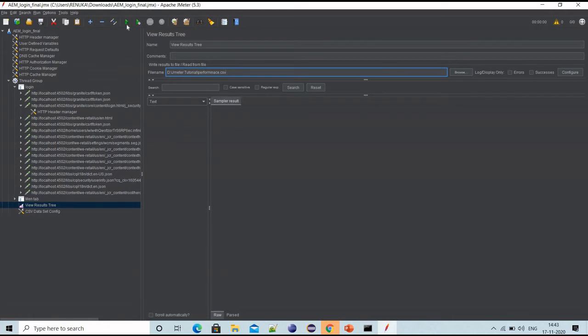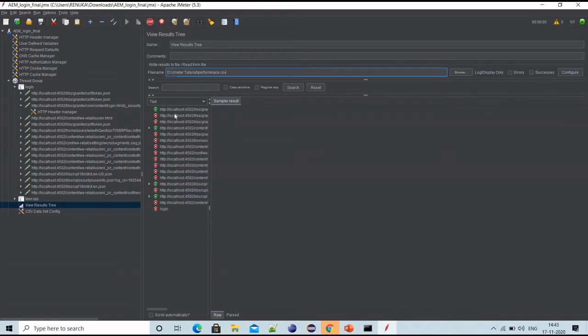and that's it. Now we can click on this icon. It will start the execution. Once the execution is complete, this icon will become green again. Let's just wait for that.